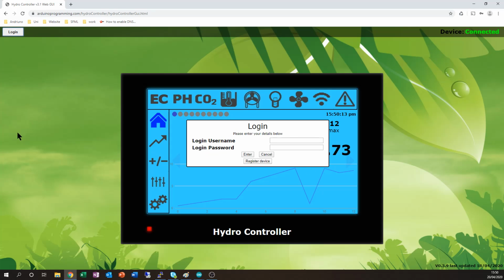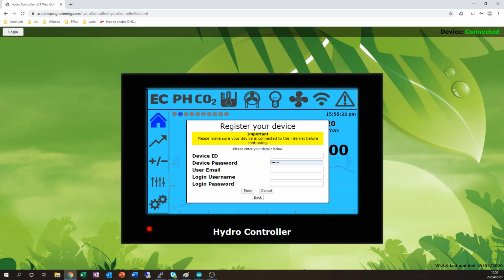So normally you just enter in your username and password, but well, once you register your device, you would need to have your device connected for at least 30 seconds. I should probably update that message to be a bit more precise. But then each piece of code I give to a user would have its own device ID and device password, just the same as your router does have an SSID and passphrase. And then you'd enter in your email and a username. They have to be unique per user, the username and email, and then you enter in a